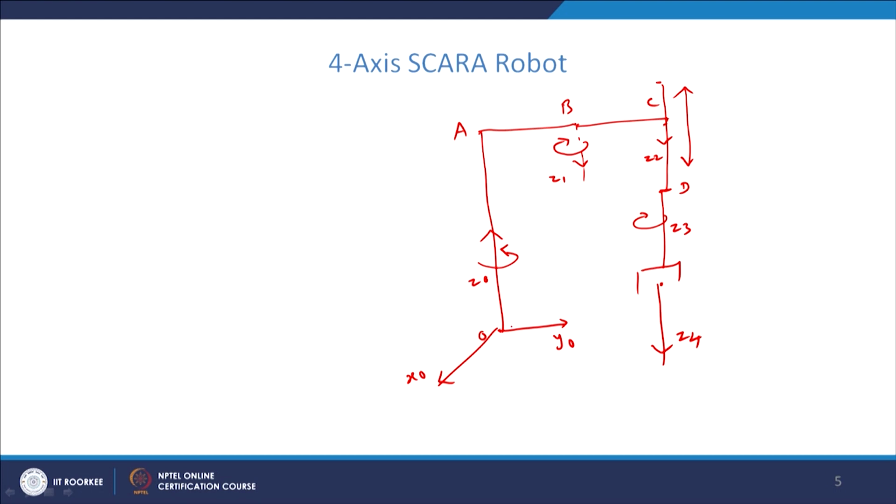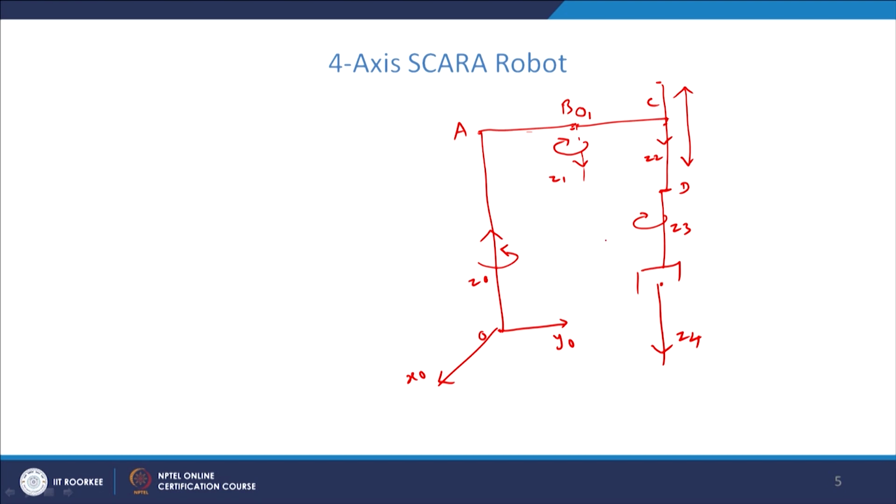Then the z0 axis and z1 axis, they are always parallel in all positions. The shortest distance line, a line perpendicular to both z0 and z1, is AB direction itself. So, that is intersecting z1 at the point B here. So, this point B will become the origin of a new coordinate frame with z1 axis.